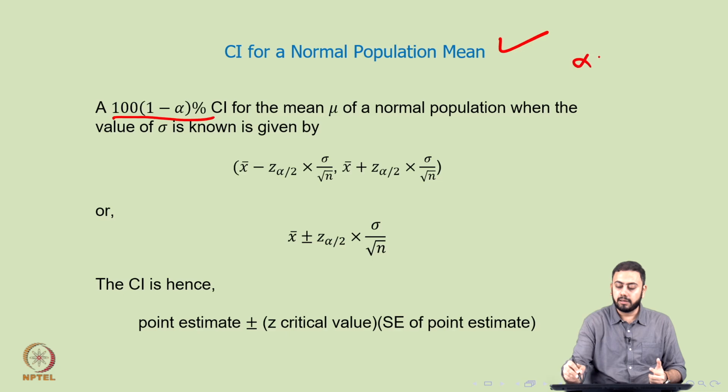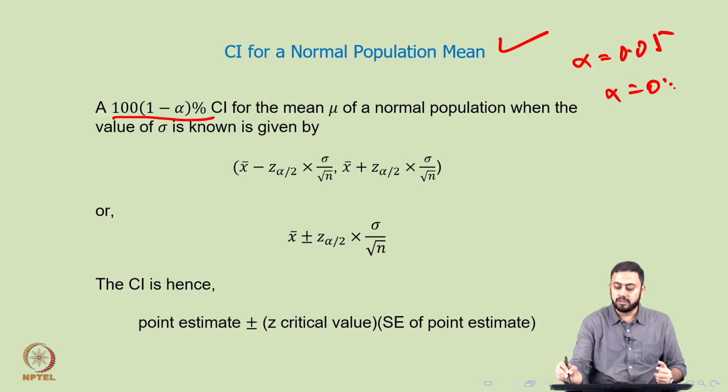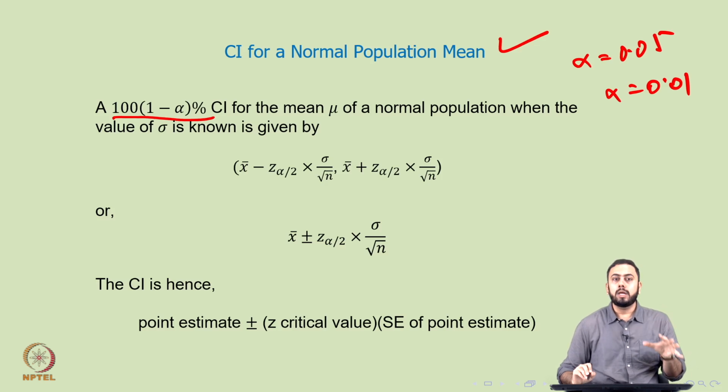If you fix alpha to be, let us say, 0.05, then 1 minus alpha is 0.95. So, 100 into that number would be a 95% CI. This is the meaning of 100 into 1 minus alpha percent. Similarly, if I fix alpha to be 0.01, this number would be 99%. Alright. So, 100 into 1 minus alpha percent CI for the mean mu of a normal population when the